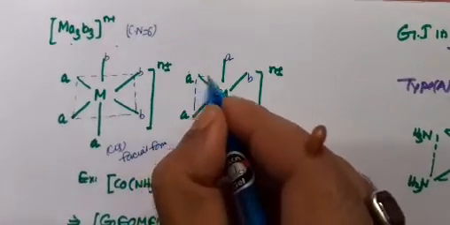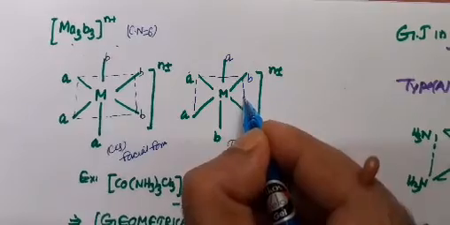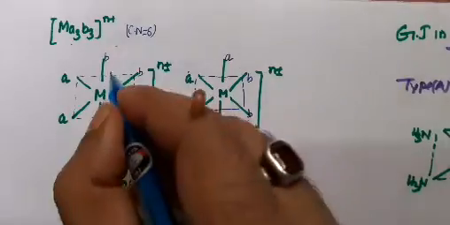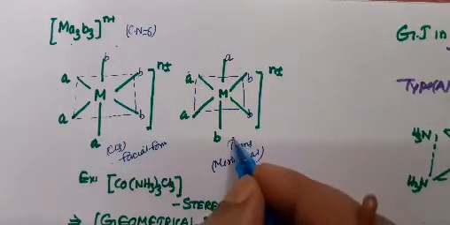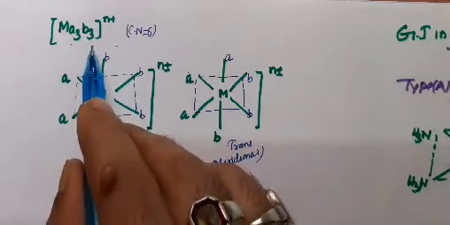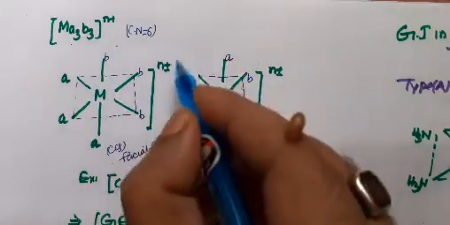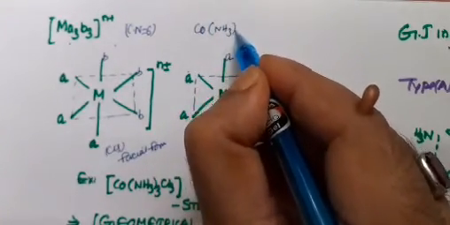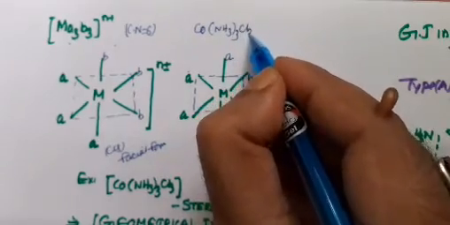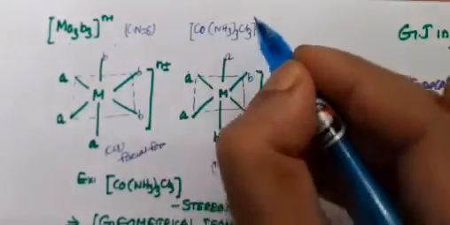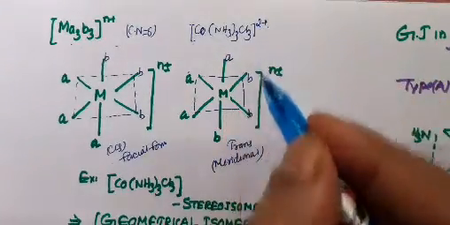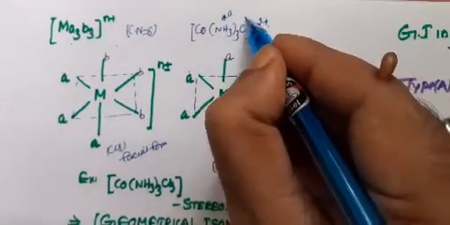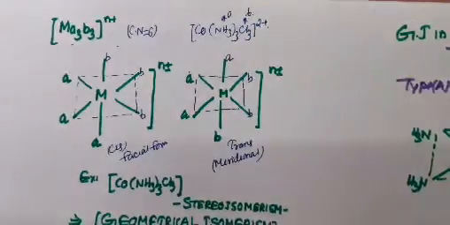Join the plane with an imaginary dotted line to show the plane. So this is the cis and this is the trans isomeric form for the octahedral complex having MA3B3 type arrangement. Here you can use this example: [Co(NH3)3Cl3]. So you can easily place A-type ligands in their own position and B-type ligands in their own position.